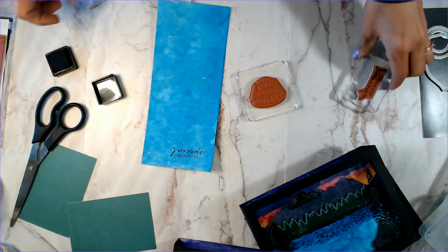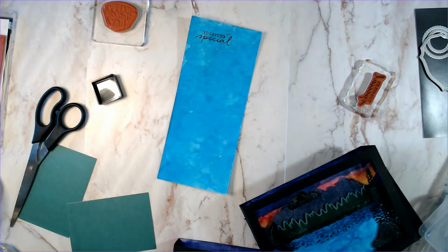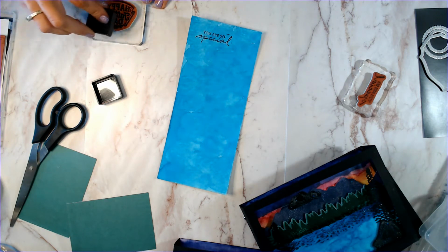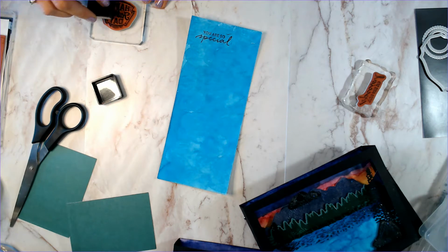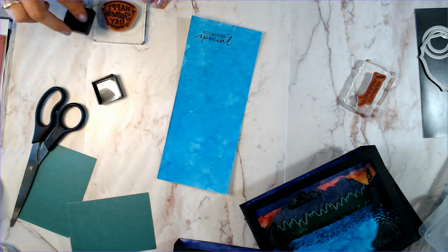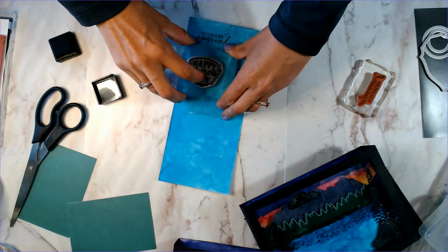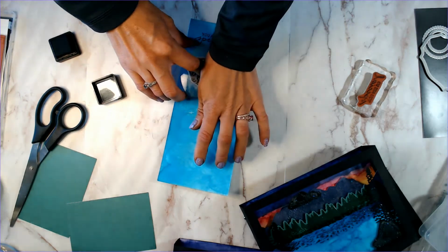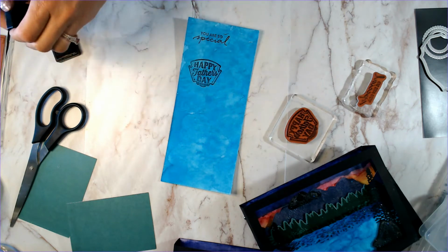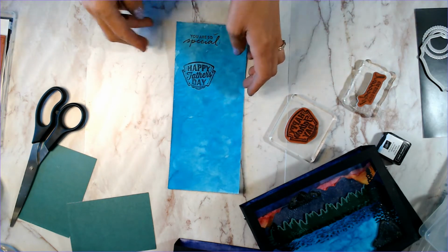Woohoo, that did turn out well. Okay, hopefully the Father's Day one will turn out well too. I'm going to leave a little bit of space. You know, I usually like to preserve as much paper as possible, but I want to make sure that I have room to cut out with the dies. And I was careful not to get ink on the very edge of the stamp, on this edge, so that I don't end up with ink in places that I don't want it, like I did there. So this is going to